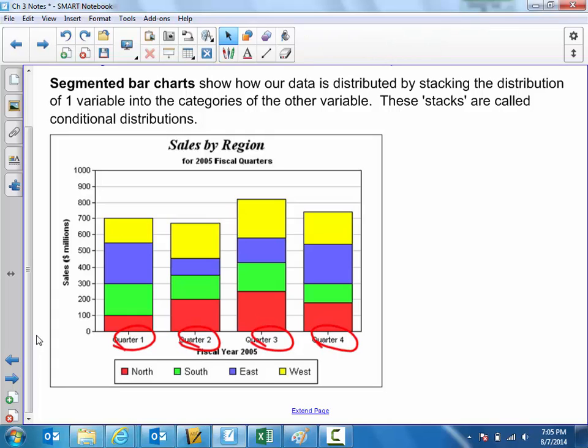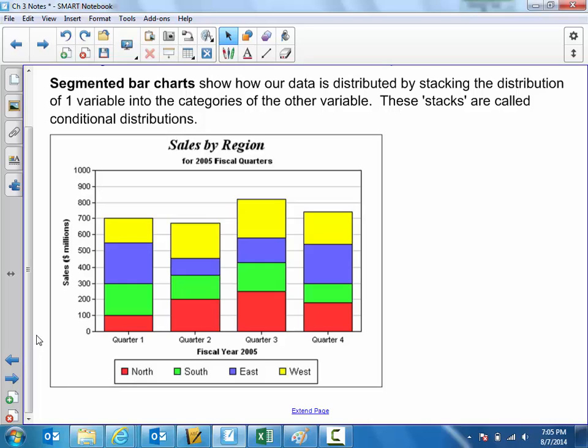At any rate, you've got quarters of the year being tracked for this company, and the sales in millions of dollars. And the segmented bar chart has, in this case, four different bars for the four quarters of the year,